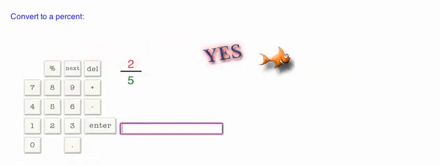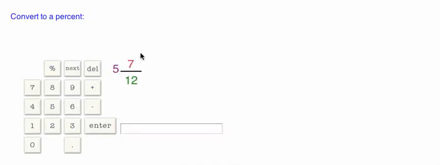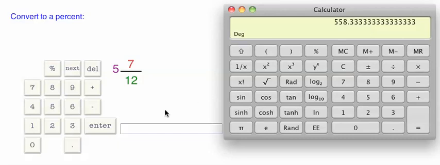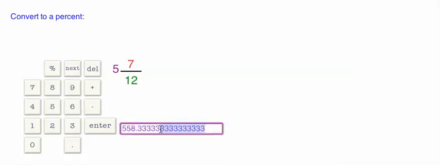All right, I'm just going to find one that's an improper. Sorry, that's a mixed number. Okay, 5 and 7/12. So I'm going to do that. What could be easier? Okay, so clear that. 5 plus 7 divided by 12. Remember, 7 over 12 is 7 divided by 12. Press the equals, and there we go. Okay, but that's a decimal, right? We have to convert that to a percent, so we multiply by 100. And here's our answer, 558.3 repeating. Copy that, paste that, and then round it to 3 or 4